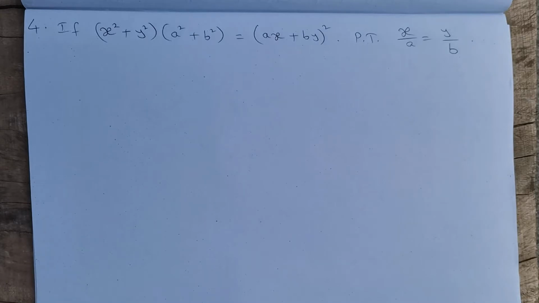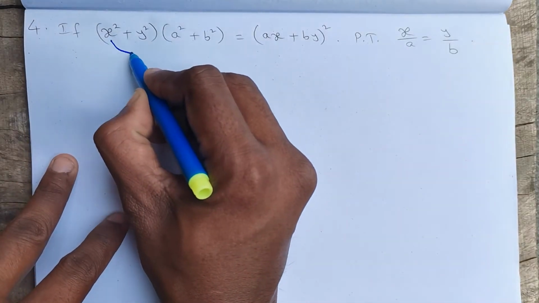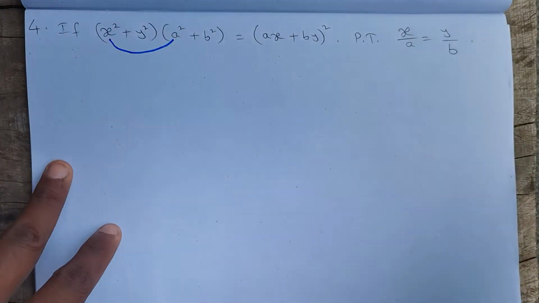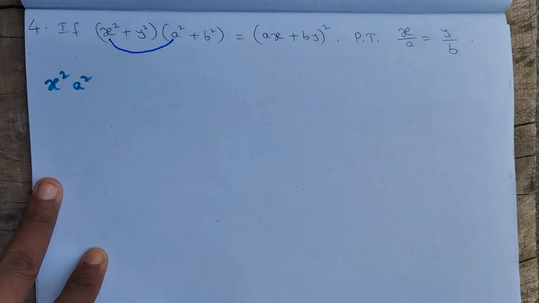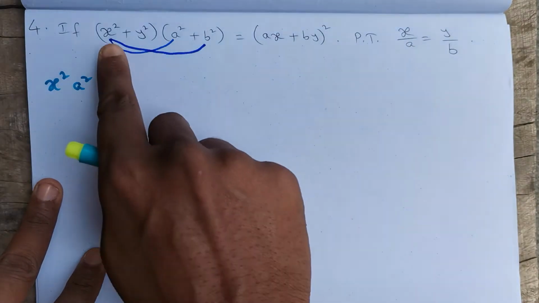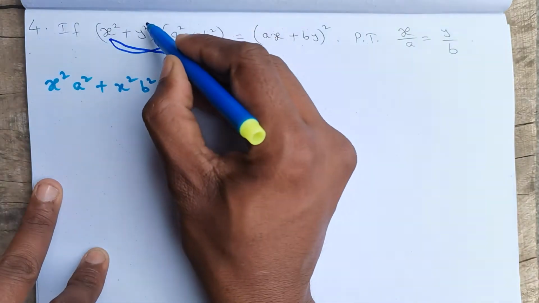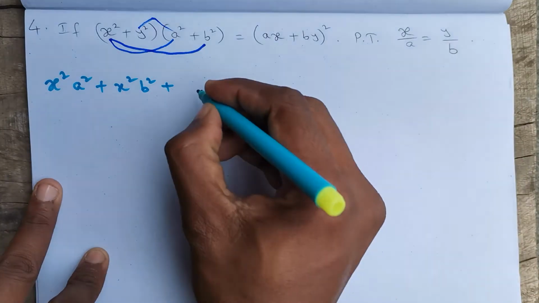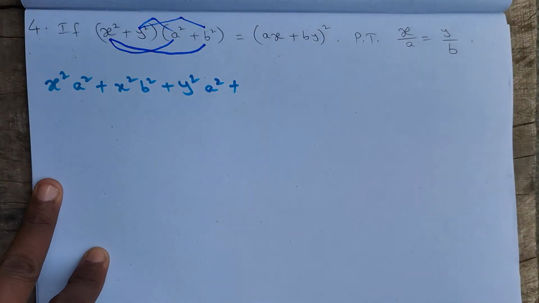Question number 4. If (x square + y square) into (a square + b square) is equal to (ax + by) whole square, then prove that x by a is equal to y by b. Here, first term into first term, x square into a square, x square a square. Next, first term into second term, x square into b square, plus x square b square, plus third term into first term, y square into a square, y square a square, plus second term into second term, y square into b square, y square b square,